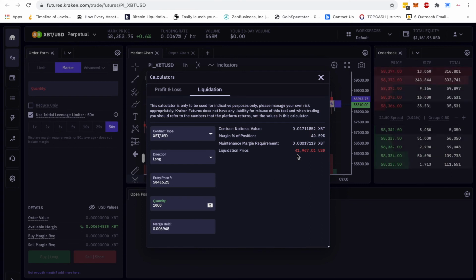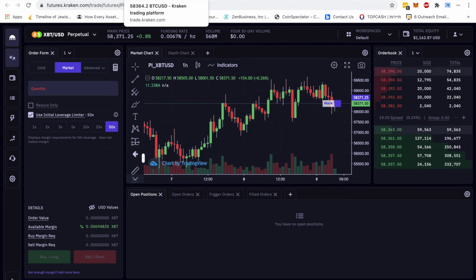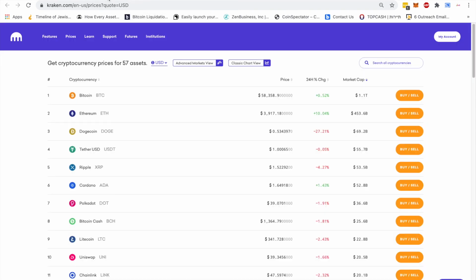Now, if you are looking to trade futures, this is the ABC. First, come to the calculator and set your liquidation to see the chances that my position, whether long or short, will happen, so you know exactly the price range you'll be stopped out from the market. Or you can also see the profit and loss. So this is my idea. I think it's really cool. You can also see the volume here. So this is Kraken Futures for you guys. I hope this was helpful in explaining Kraken Futures.